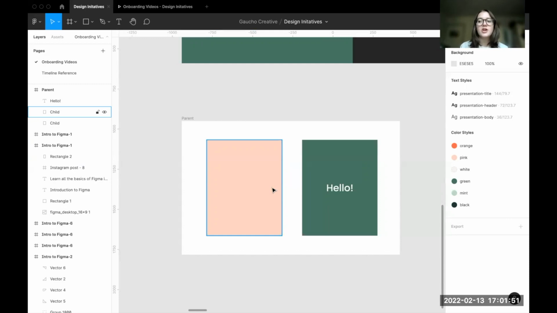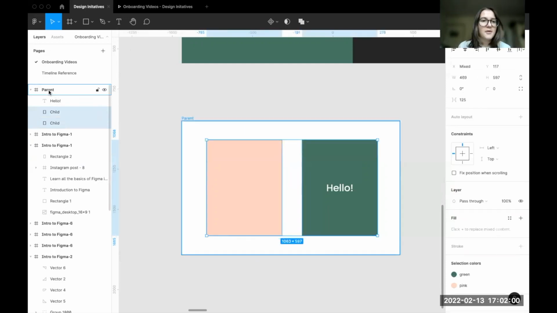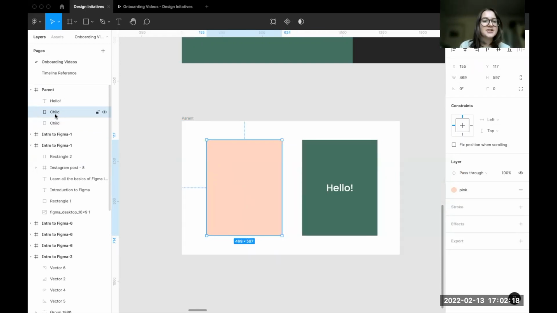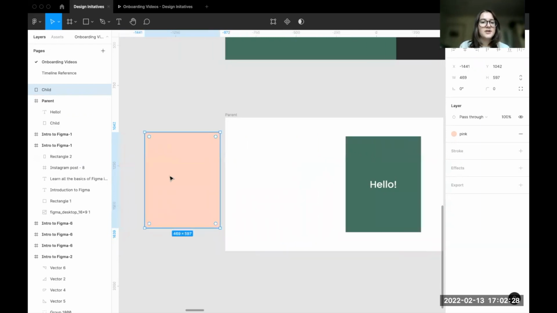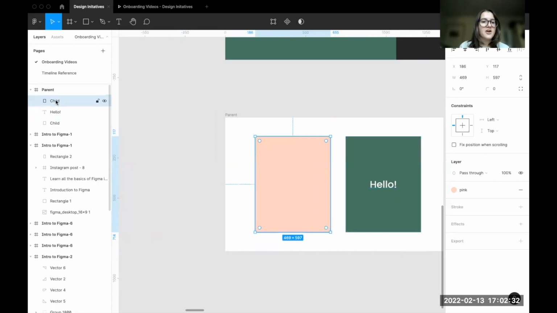And siblings are layers within the same parent. Layers need to be at the same level in the layer hierarchy to be siblings. As you can see here, these are siblings under the parent. And reparenting is essentially if you move the rectangle outside of the parent, the layers panel will update to reflect the change, and it is no longer located within the parent. And you can kind of maneuver this around both within the layers panel and on the canvas itself.